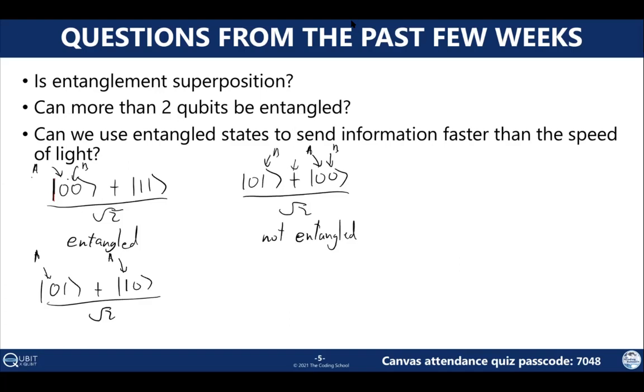You have to be in a superposition state to get this kind of math, where there is some chance of both. If your qubits are just in 0, 0 with 100% probability, that's not an entangled state. That's just that they are both in their ground state. So all entangled states are superposition states. However, entanglement is an extra requirement on top of it, where this state is also still in a superposition,